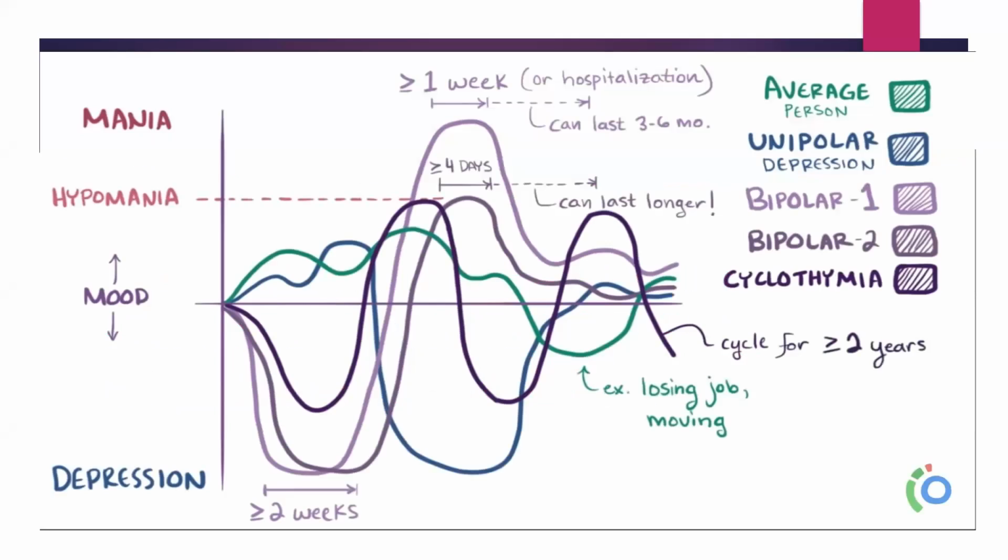Now this is a graph which is reporting different types of disorders seen in a person. The green line depicts an average person, in which the vertical up axis denotes the mania in a person, and the vertical down axis denotes the depression, and the x axis denotes the time. The green line denotes an average person in which there are little ups, and sometimes he also suffers little downs, for example, if he loses a job or he moves to a new city where he is